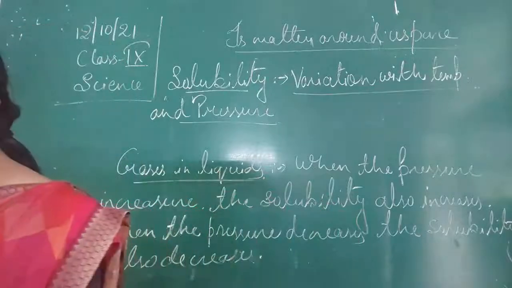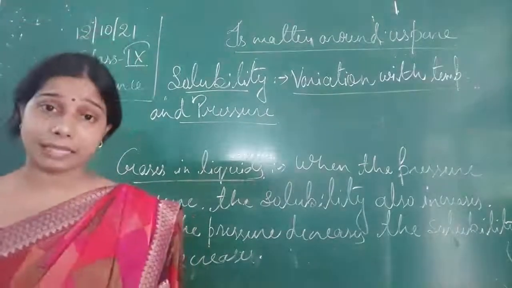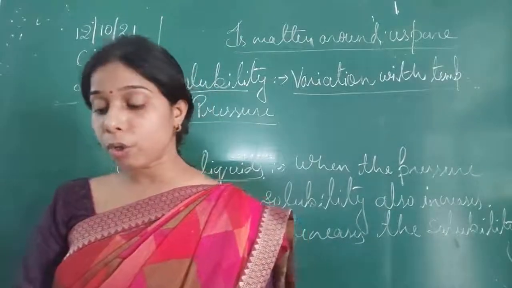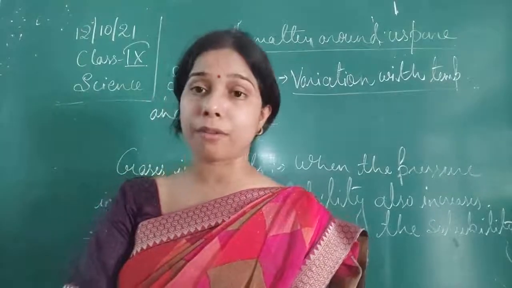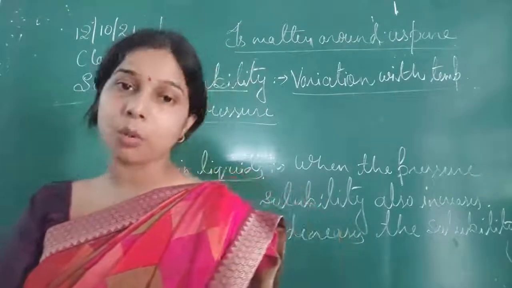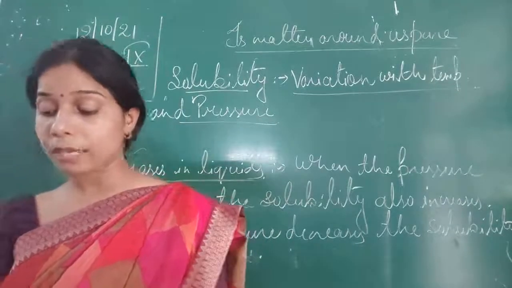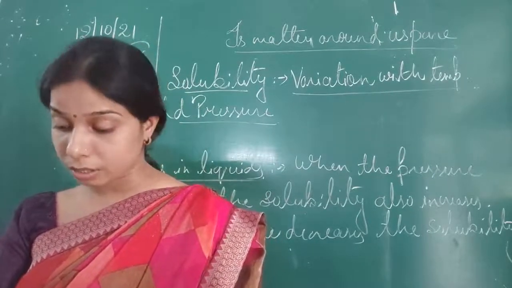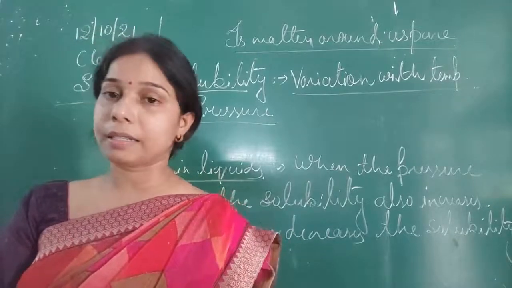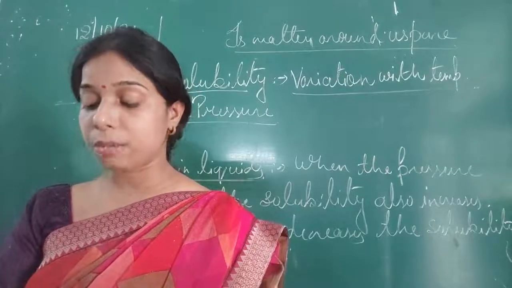Okay, students? So this is the solubility here. Now the solubility also varies. If we look at the sugar solubility in water at 20 degrees Celsius, about 204 gram of sugar can be dissolved in water to make a saturated solution. Sodium chloride, 36 gram is enough at 20 degrees Celsius to form the saturated solution. Ammonium chloride 37 gram at 20 degrees Celsius, potassium chloride 35 gram, while potassium nitrate 32 gram.